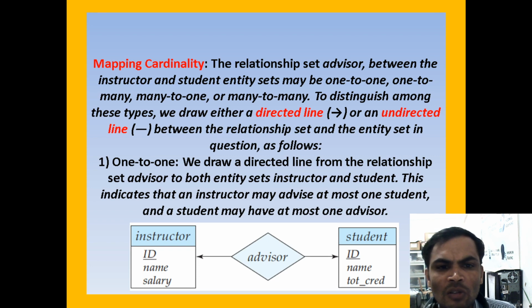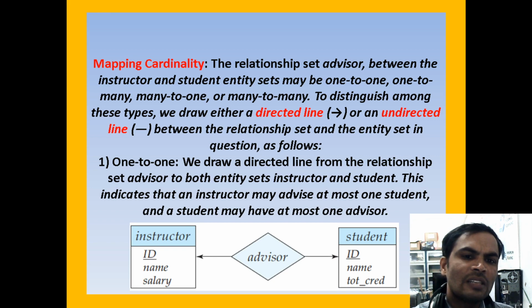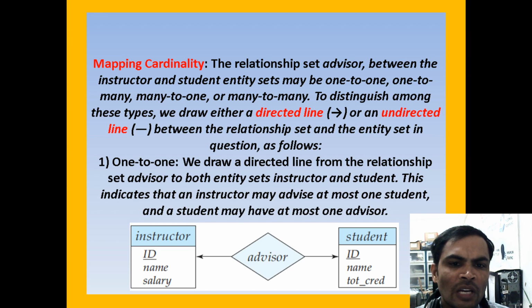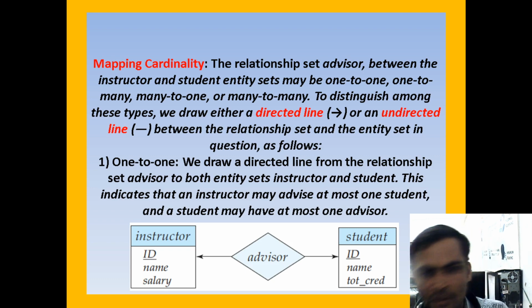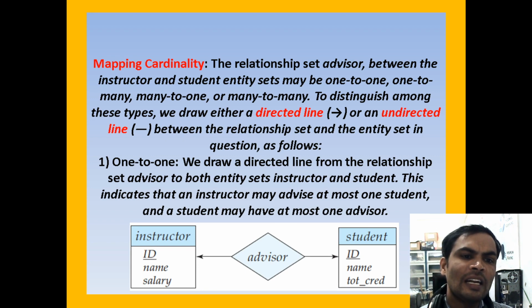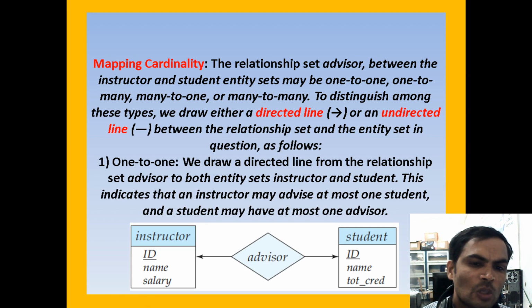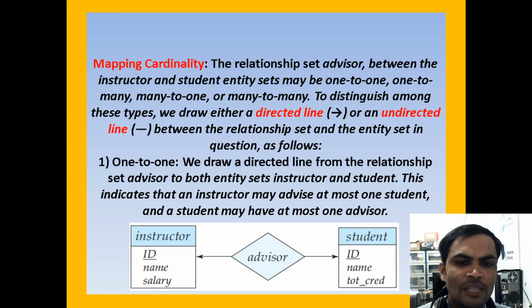Now, if you want to give the relationship between the entities with the help of the cardinality principle, if you want to give the relationship between the entity and relationship, we should take a direct line. It is representing only one to many. If you are giving an indirect line, it is representing many to many. When you are drawing the ER diagram, the direct line is representing one to many. Arrow mark is representing only the one indication. The start of the line is indicating many.